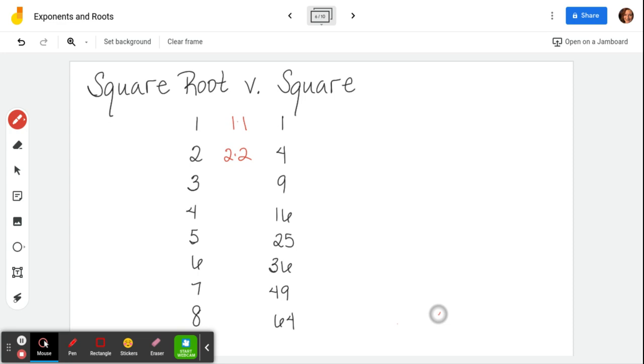The square of 3 is 9 because 3 times 3, this thing is really being a pain in the booty